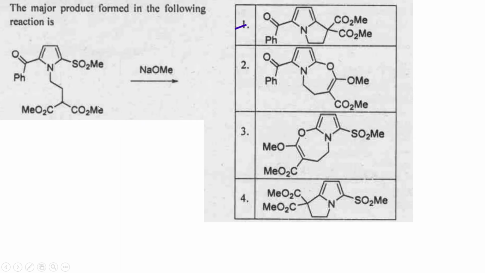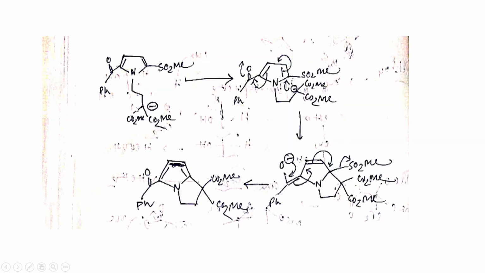Now let's see the next question. Here a base is given with this compound. What will be the final product? You can see that this is like an active methylene group, like DAM or ethyl acetoacetate. It is an active methylene group, so a negative charge will be formed here, because this H is most acidic. First the negative charge forms here, after that this negative charge attacks here, and when the oxide ion comes back, this group will eliminate because its leaving aptitude is very high. It eliminates, and this is the final product.